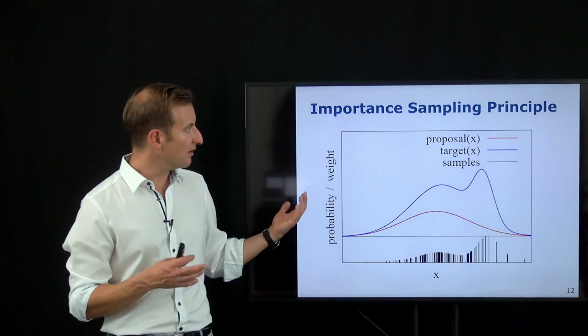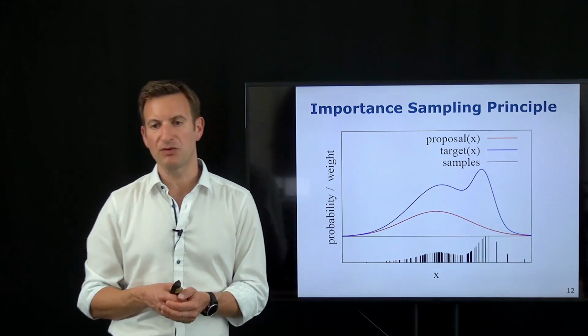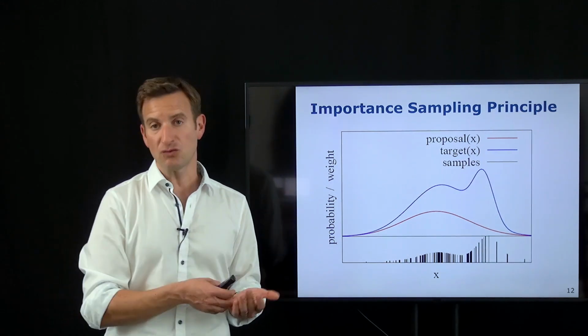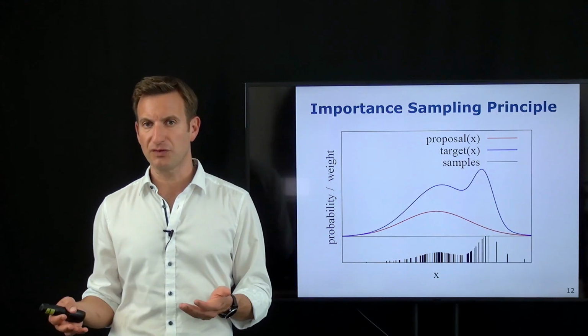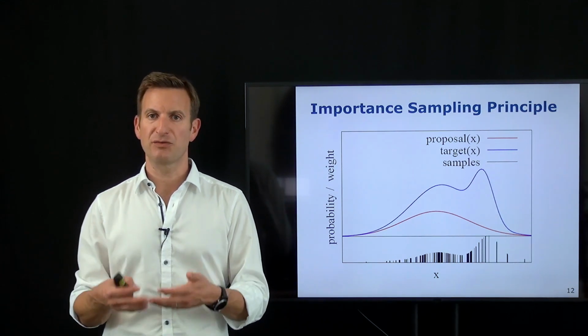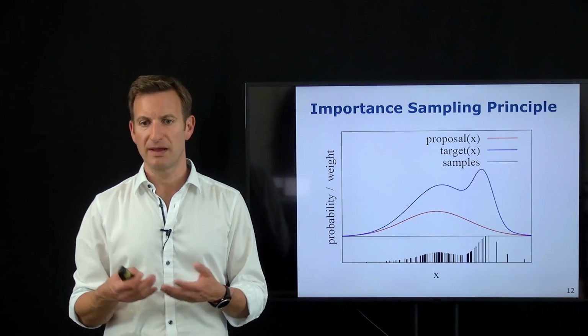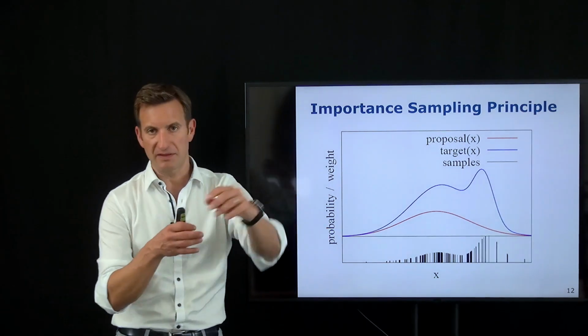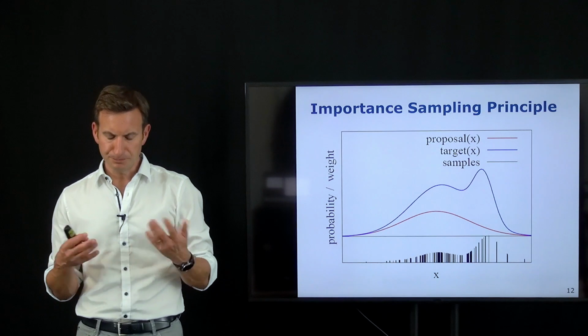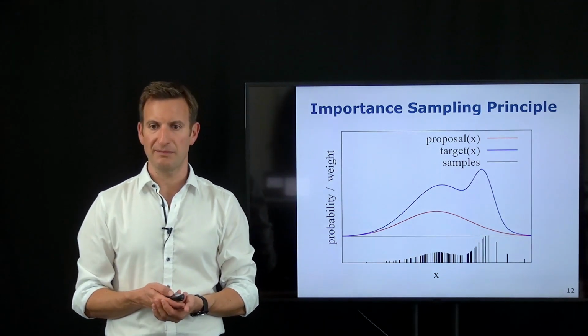And so the important thing of the importance sampling principle is that we can use a function that we can draw samples from, for example a Gaussian, in order to generate samples from a distribution which is not a Gaussian, where I cannot sample from in closed form. And this principle is something that is used inside the particle filter in order to perform state estimation.